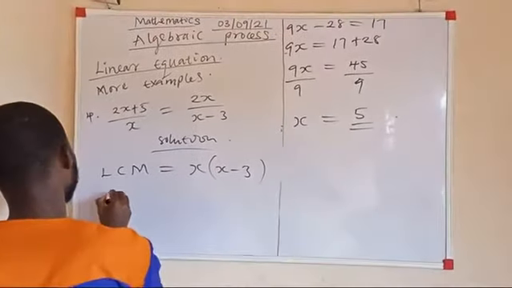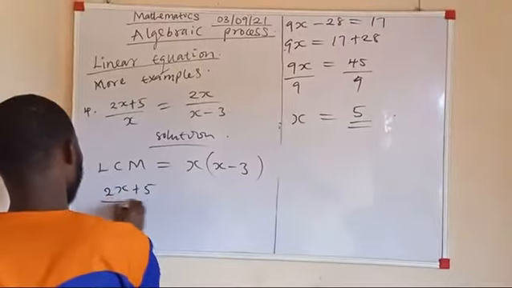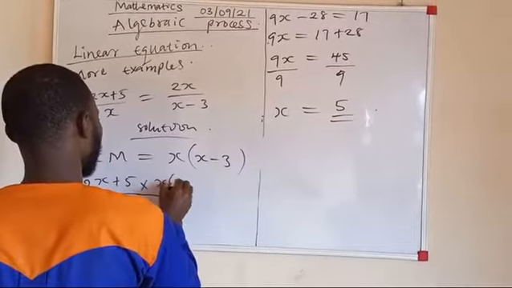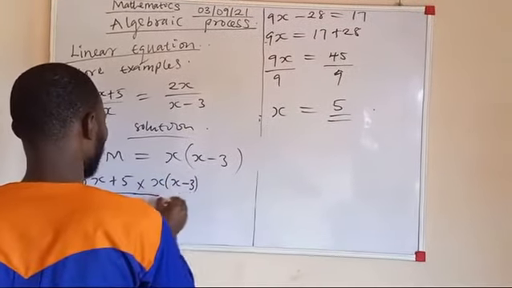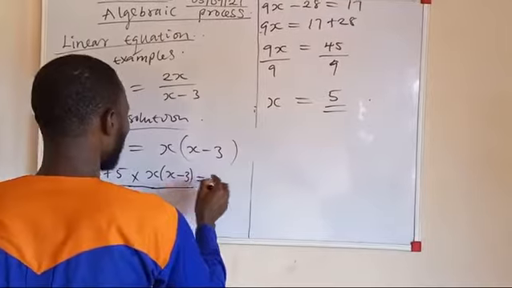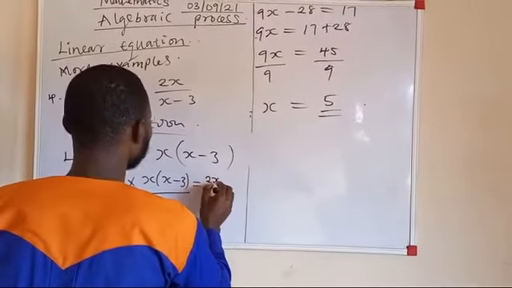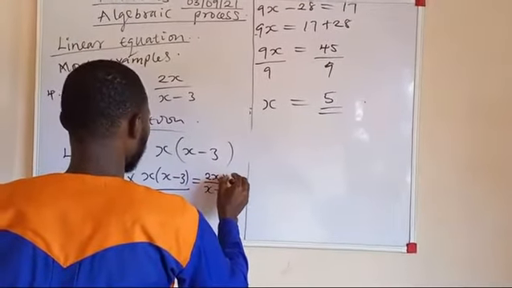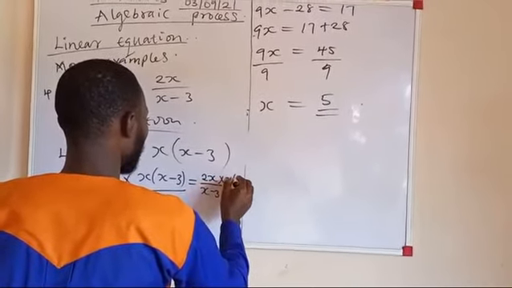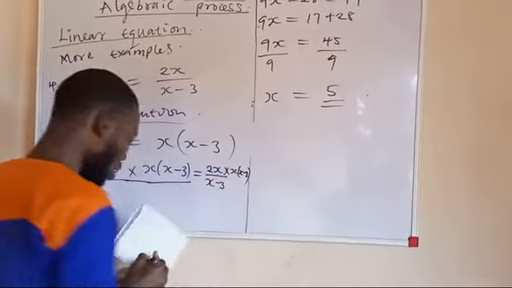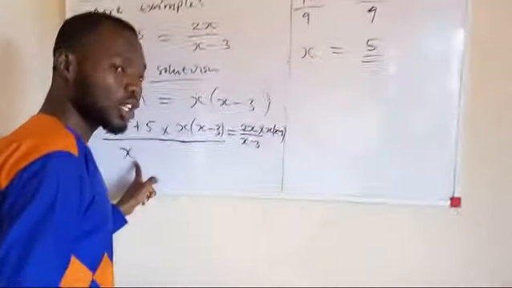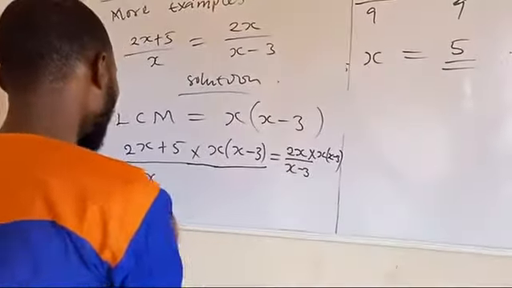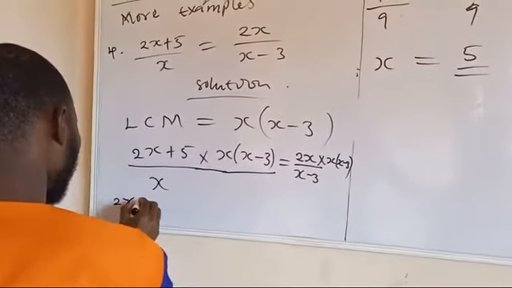We are now going to have 2x plus 5 divided by x times x bracket x minus 3 is equal to 2x divided by x minus 3 times x bracket x minus 3. At this point we use the denominator to divide. So here this x we cancel this x. So we'll now be having 2x plus 5